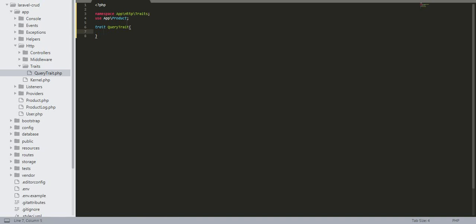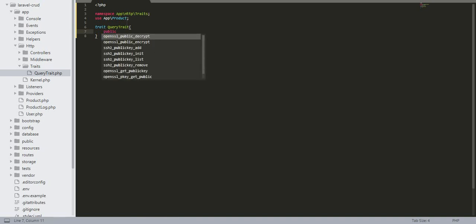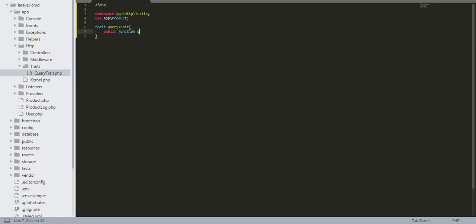Inside that we are going to create our method: public function getProductDetails. We are making product details, which means we will fetch product details from a single query.